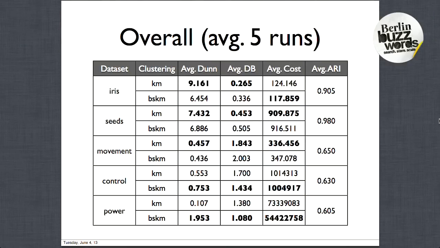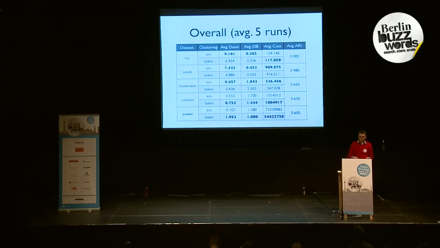But for seeds, you get fairly similar results. And you can see that ball streaming k-means is slightly less good, right? These quality indices are slightly worse. Except for iris, again, the average cost is less because of that mistake that k-means made because of the faulty initialization. But interestingly enough, once you get the larger data sets, particularly control and power, you can actually see that something really weird is happening,